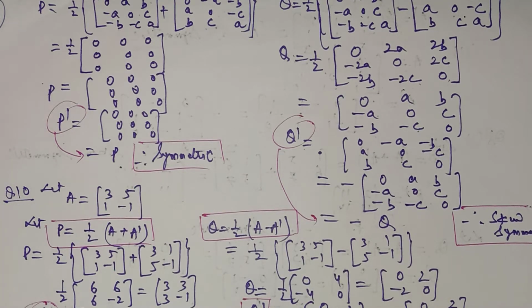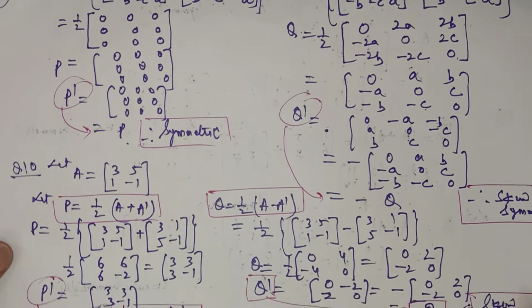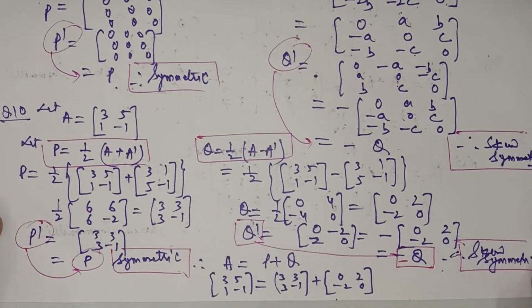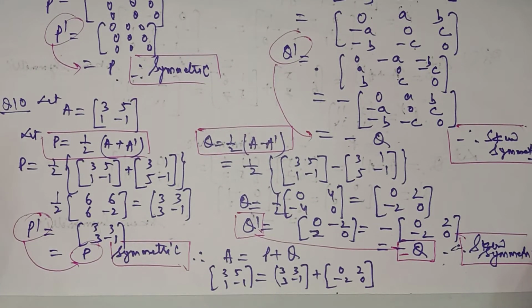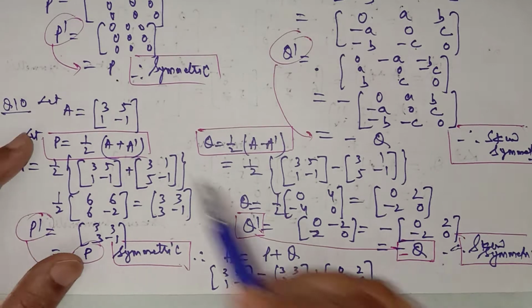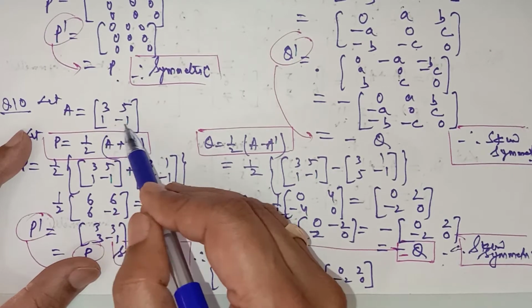Now in question number 10, you have to break a given matrix into one that is a symmetric matrix and another that is a skew symmetric matrix, and you have to prove that after breaking the matrices, the individual ones are symmetric as well as skew symmetric. So let this matrix A as 3 5 1 minus 1. You have to